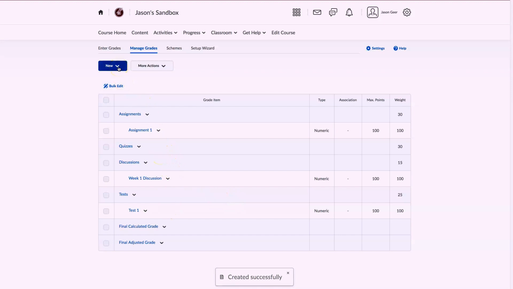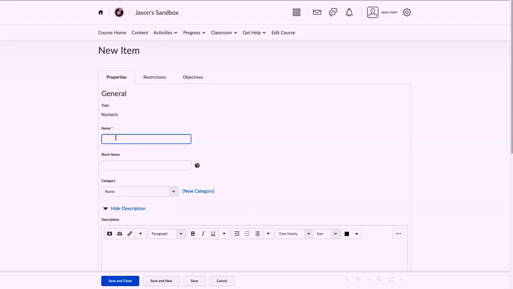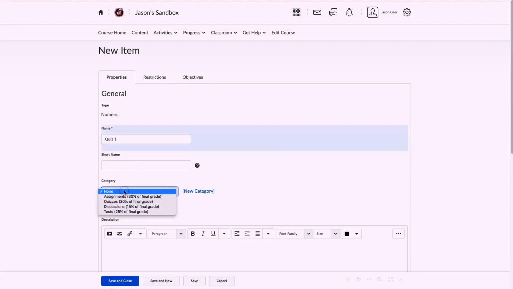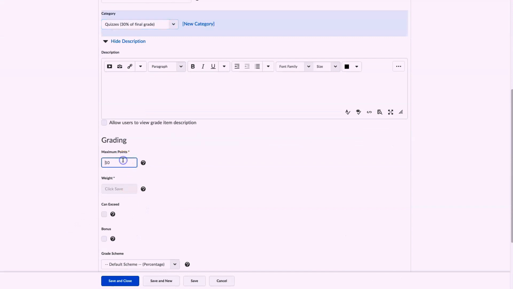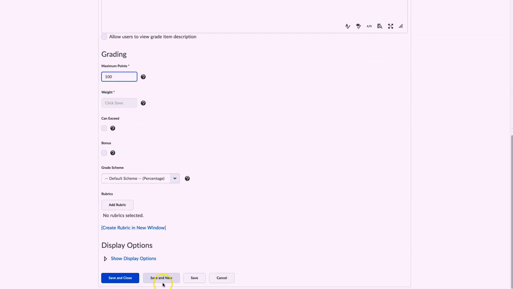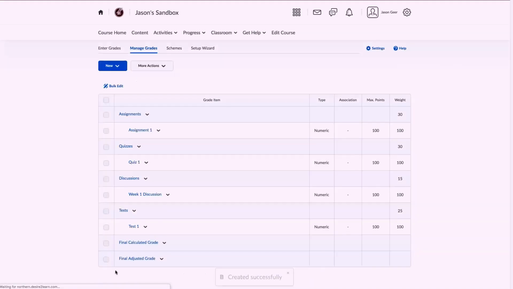Okay, so I'll go back in, new, item, numeric, quiz 1, category, under quizzes. We'll say the quizzes are worth 100 points. Save and close. Alright, so here we've created categories